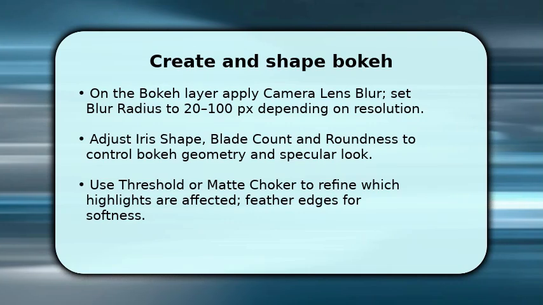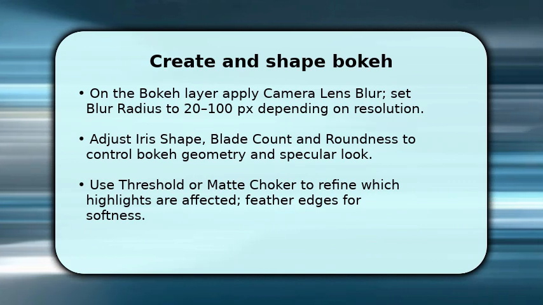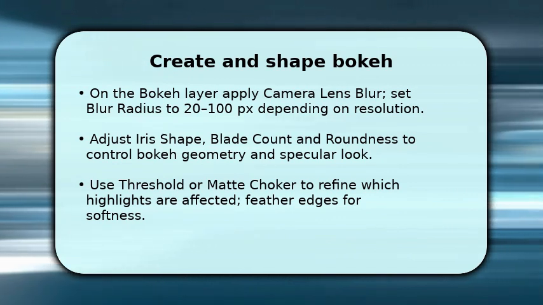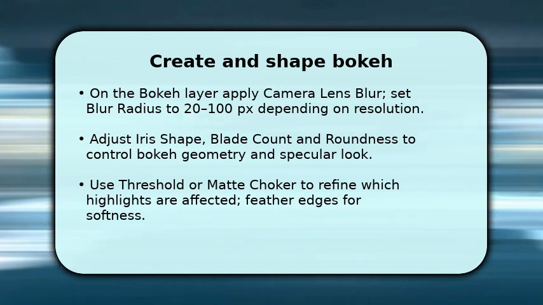Next, you turn those isolated highlights into soft, realistic bokeh. Apply camera lens blur to the bokeh layer and increase blur radius until the bright spots become circular blobs. Higher values for close-ups, lower for wide shots. Change iris shape, blade count, and roundness to match the lens feel you want. Fewer blades means polygonal bokeh. More rounded blades make softer orbs. Refine the matte with threshold or a matte choker so only true highlights blur, and feather the mask for natural